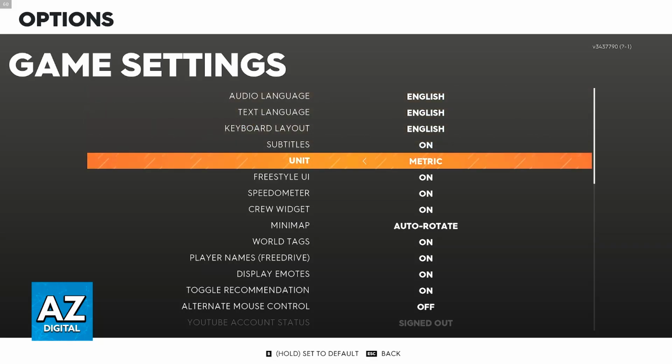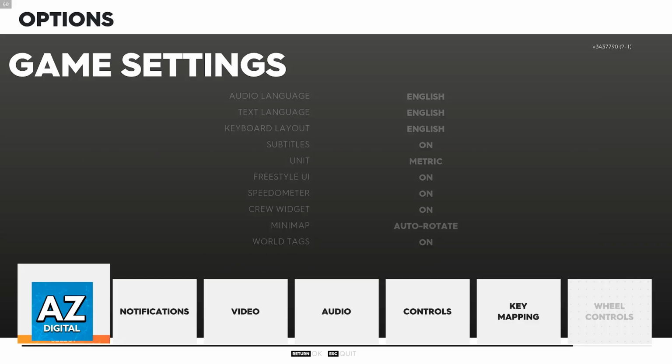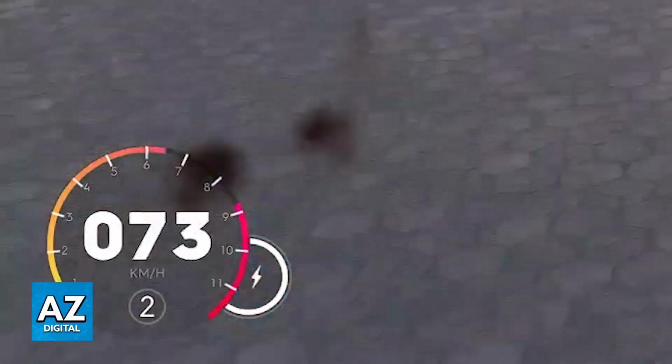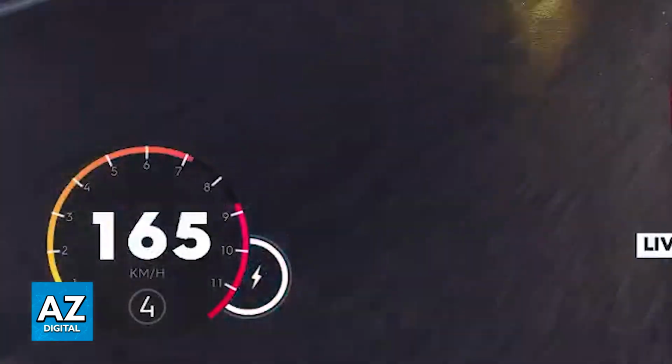So I'll try to get an example on the screen. But even if I don't, as soon as you go into a pre-existing save, you will be able to see it. So access the game options before starting on the main menu, and the changes will be applied. You don't have to repeat this every single time that you open the Crew 2. As soon as you change it once, it is going to remain like that, and you will be able to see the new metric measurements across the Crew 2.